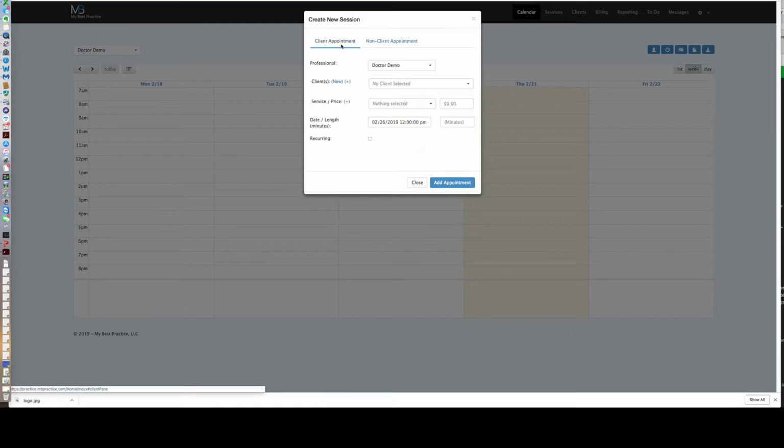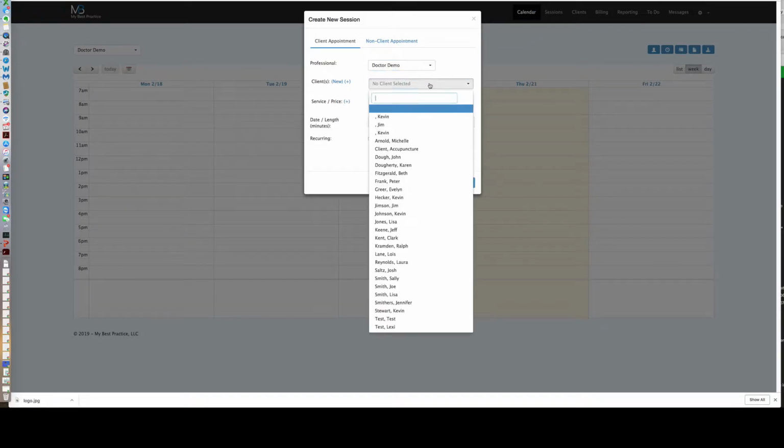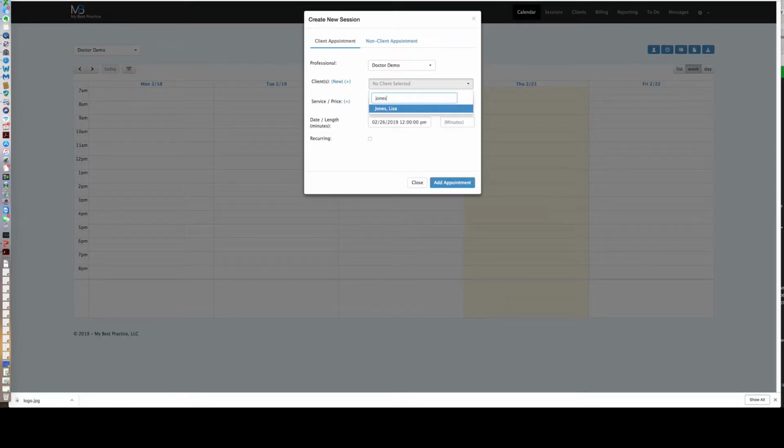If I'm adding a client appointment, first, all I have to do is make sure that that's me, Dr. Demo. If it's a different staff member, obviously we drop down and pick a different staff member. And that's going to allow me to populate my list of clients. And again, say I want to select a particular one, I can just enter their name into the search bar, select the client,